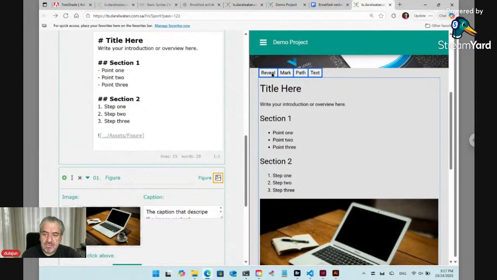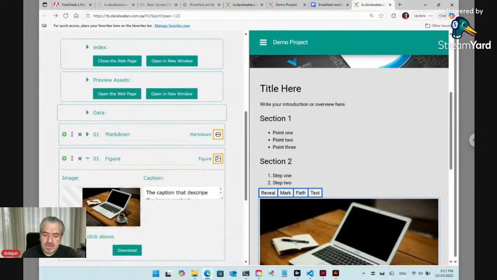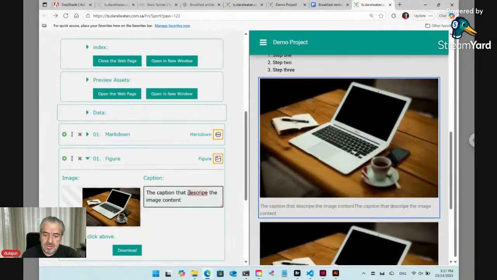Here, if you click reveal, TreeShade will reveal the item. You can add the new items from here. And for Markdown,